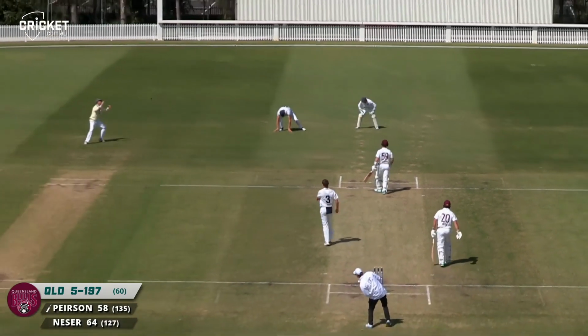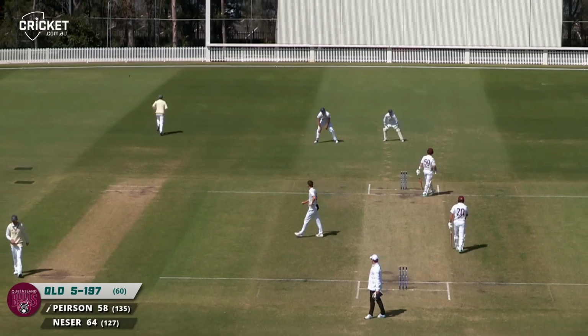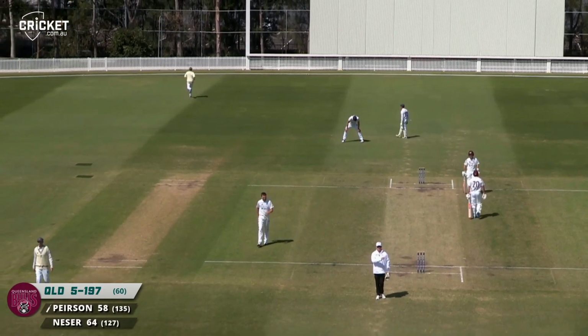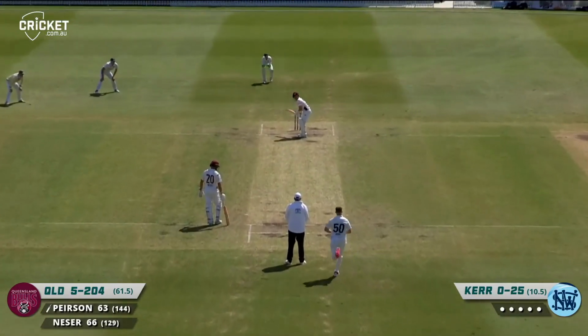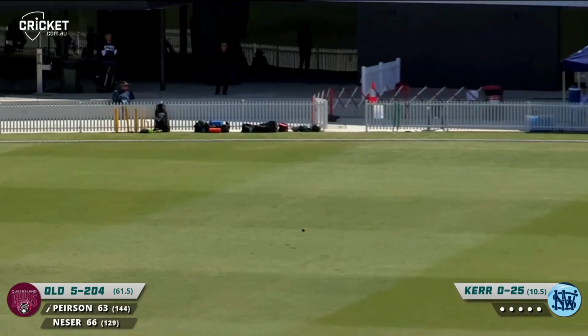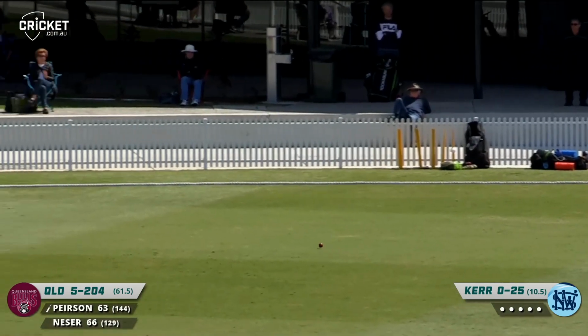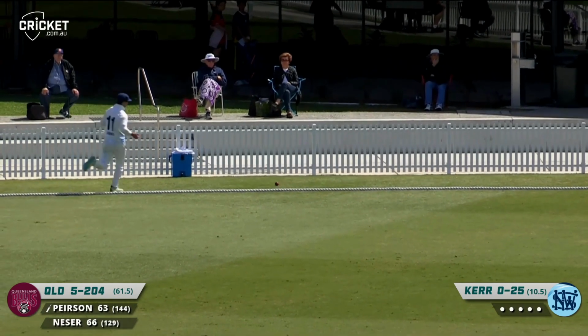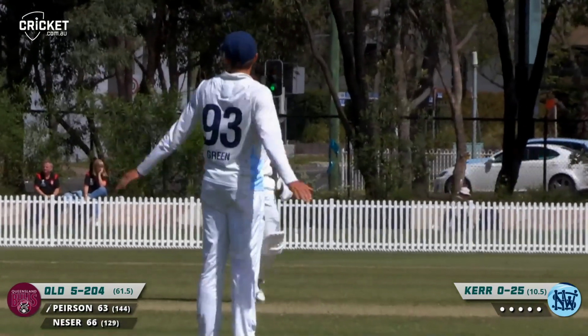And Pearson edges it through third slip. Well, it was soft hands. There's never been a fielder there this morning, so it was always going to be 4. Wicketless in the first innings and in the second, comes in. Pearson has a flash at it and a chance through. It went straight past Daniel Hughes. It's going to go all the way to the boundary. We've talked about that gully position being so...